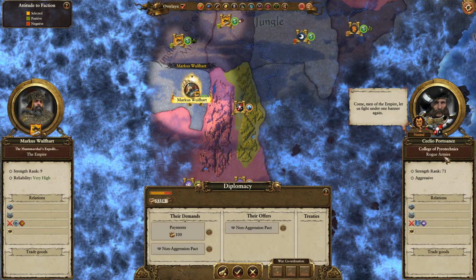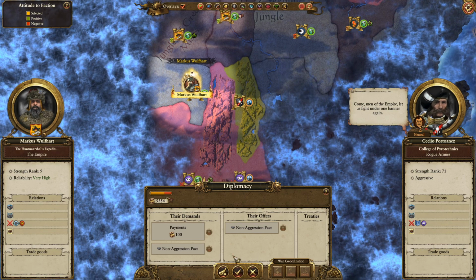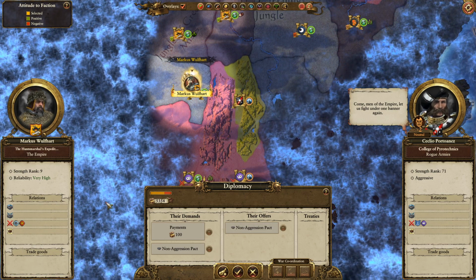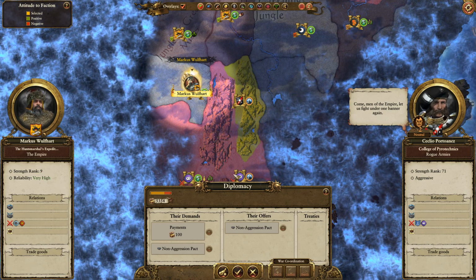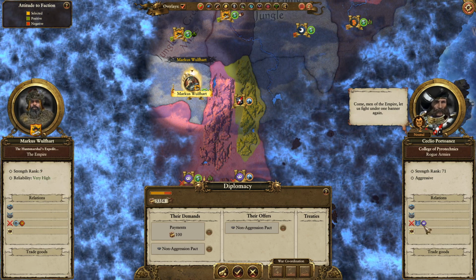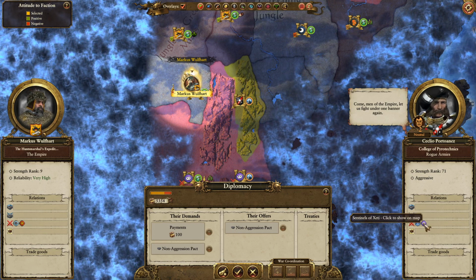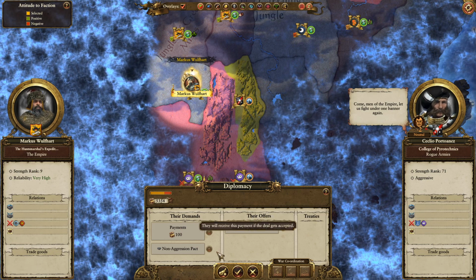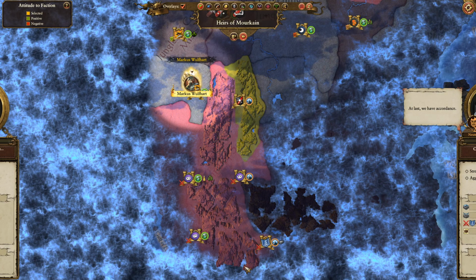So finally, the College of Pyrotechnics have asked for a non-aggression pact, which I tried to do with them multiple times, but now I'm stronger than they are. So I assume one of their armies got flattened, and they're at war with both dwarves and lizardmen, so they feel a bit silly right now. For the 100 gold, I'll take it. I'll take the non-aggression pact. I'm a big fan, so...